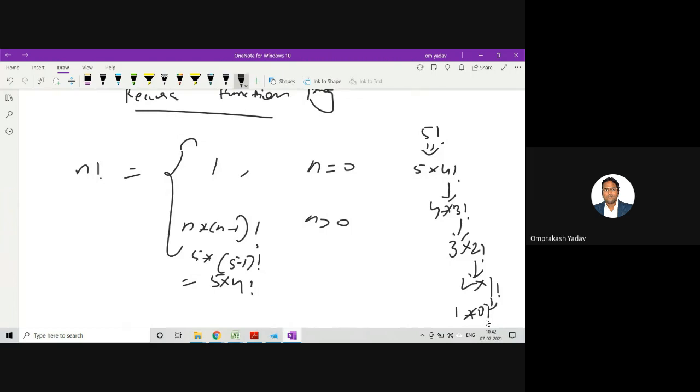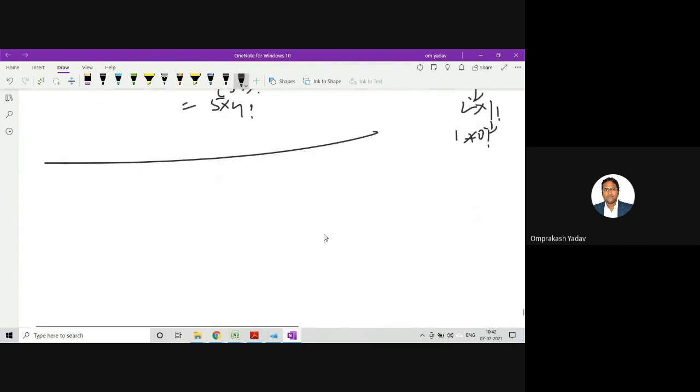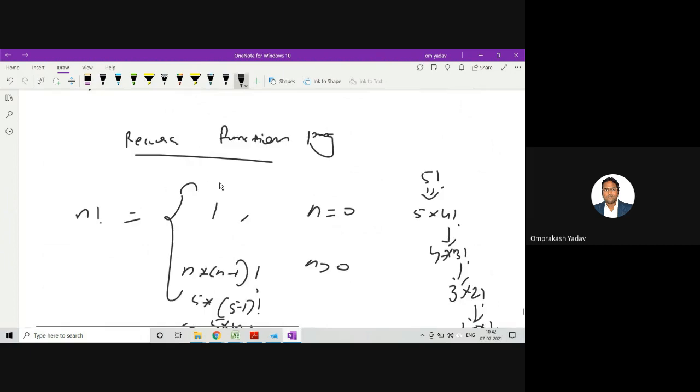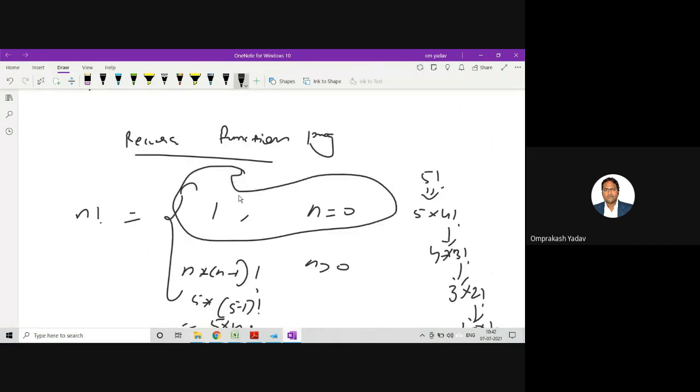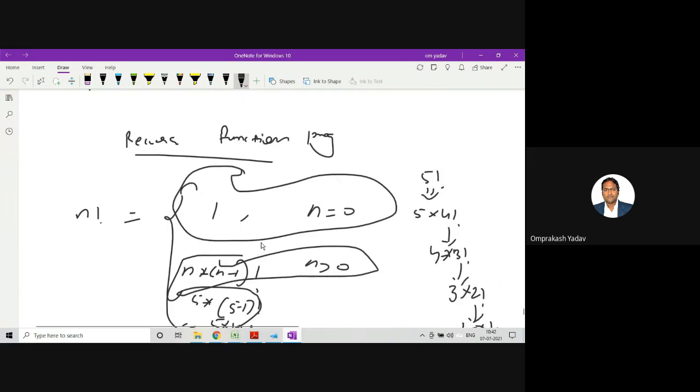If you want, you can terminate on 0. So here, if you see, there are two parts. One is the terminating condition. This is called the base case condition or terminating condition, and this is the second part where we divide the number. So you will have to write it in if and else parts. That's it. That will solve your recursive function problem.